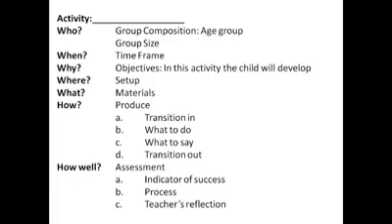Number 6, how? Procedure. A. Transition into the activity includes getting children's interest and introducing the materials and where to get them. B. Outline the step-by-step procedure that describes what the teacher and the children will be doing. C. Describe the kinds of questions to ask, vocabulary to use, and responses to give to the children at work. D. Describe the transition out of the activity by providing the children with closure.